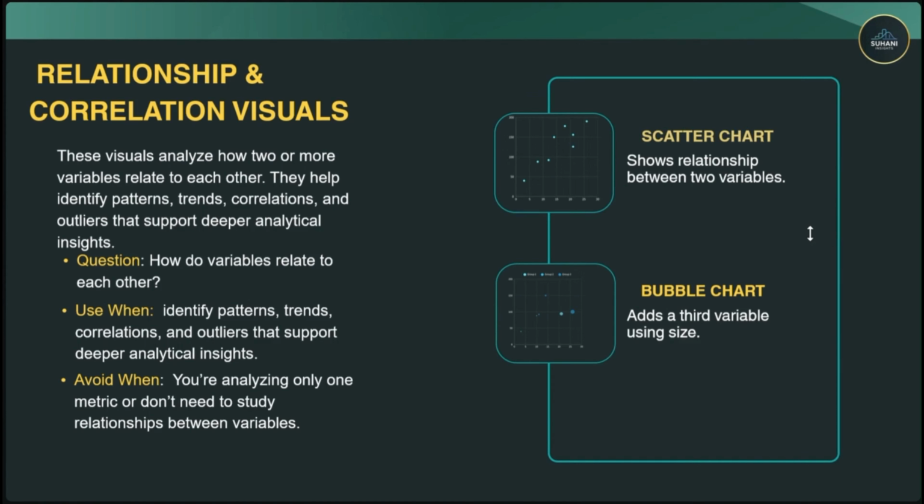Not just for season, it can also be for a trend in the market. Like there was a trend for mom jeans, there was a trend for baggy jeans, now there is a trend for straight fit jeans. And the company spends some money on it with the help of influencers. They do some PR, they spend on marketing, on posters, advertisements or on TV. So how much that spend is helping them to increase the sales, that's where scatter chart will come in the picture.